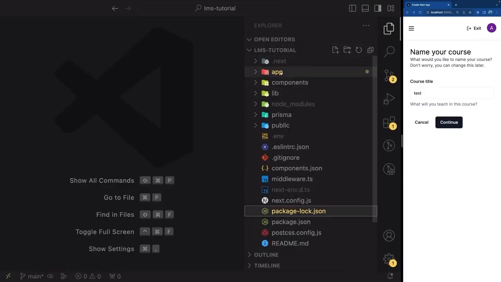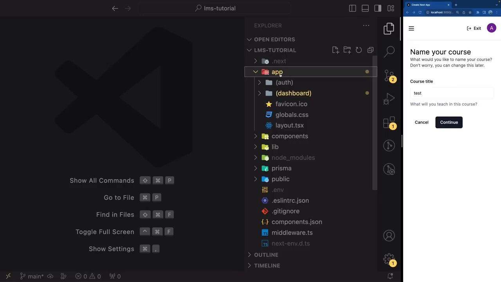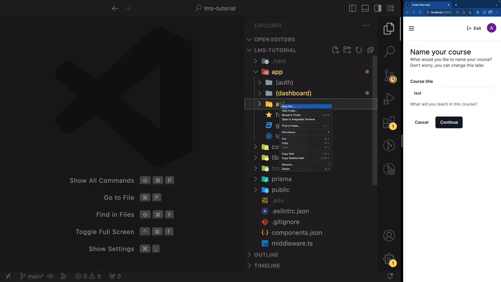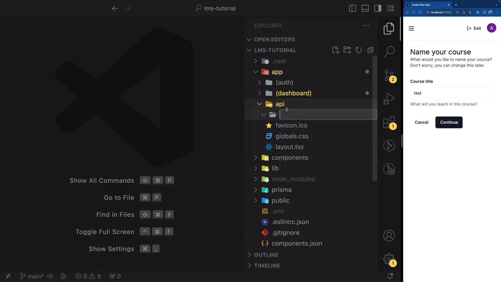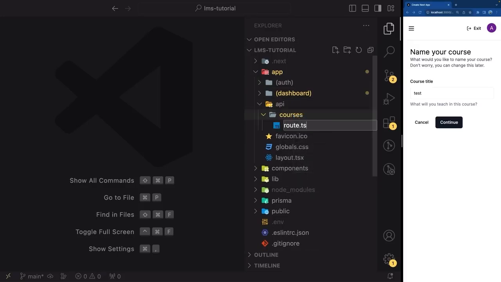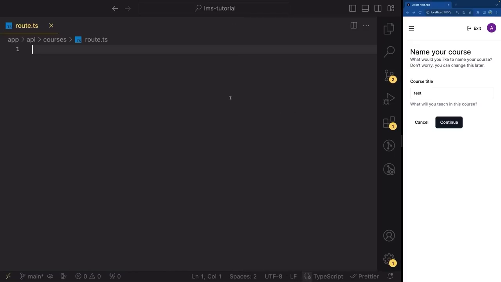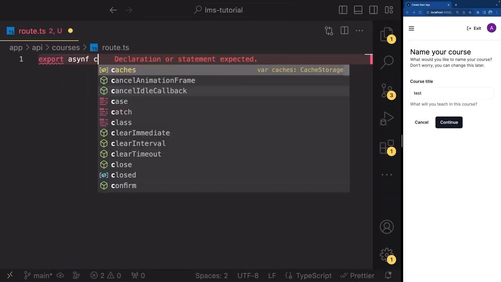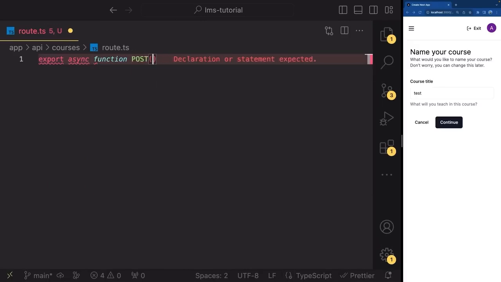And just as we did in the first part of the tutorial where I taught you how to create the routes, now we're going to create a new folder inside of the app folder called api. And inside, we're going to create another folder called courses, like this. And inside, we're going to create route.ts. So this is going to be equivalent to /api/courses. Let's write export async function POST, which takes the request, which is a type of Request,